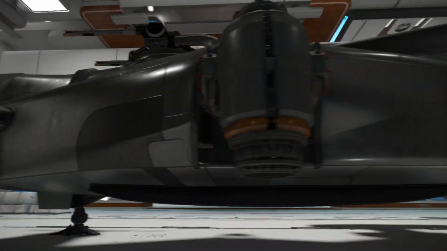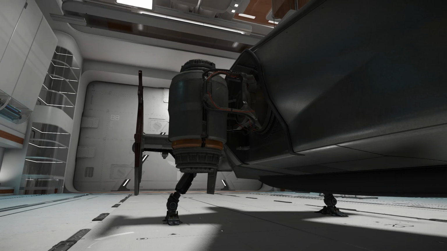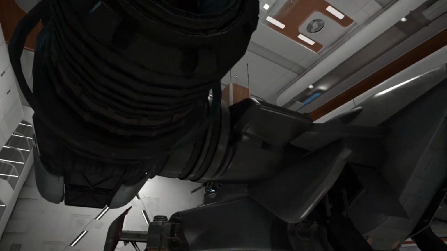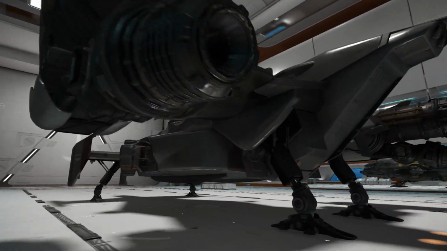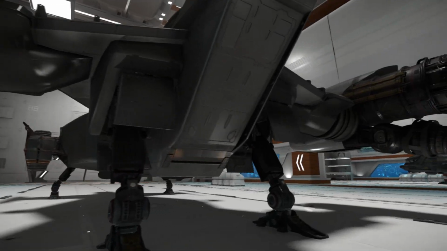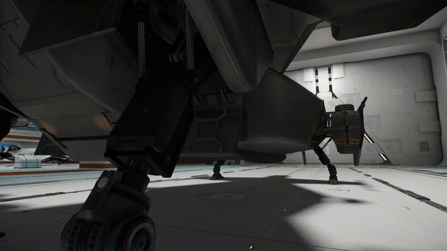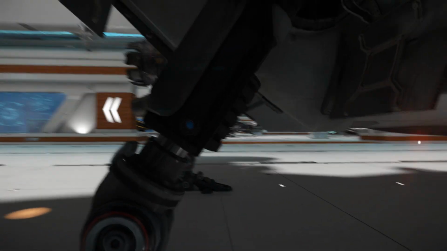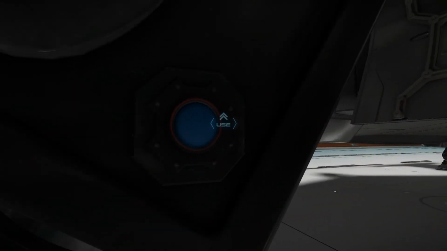Moving back, we've got a bit more color on the engines. And those are confirmed as engines now, so that's nice. Again, a bit more modeling work. We've cleaned it up a bit. Unfortunately, we don't have the thrusters that we've got up front back here, but oh well. We still have the blue buttons on the landing gear,